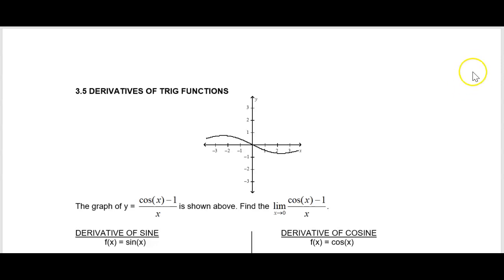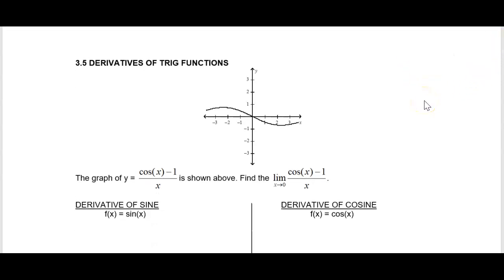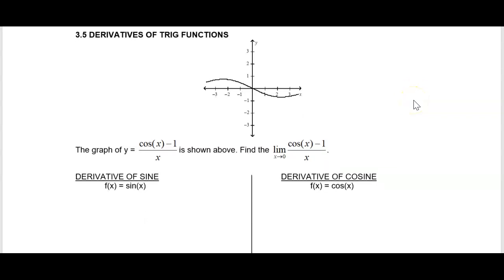So you can see at the top here, 3.5 gets into the derivatives of our 6 trig functions: sine, cosine, tangent, secant, cosecant, and cotangent. As we're working through these, I'm going to give you this graph at the top of the paper. One of the things that's going to happen as we're working our way through these is we're going to encounter this limit